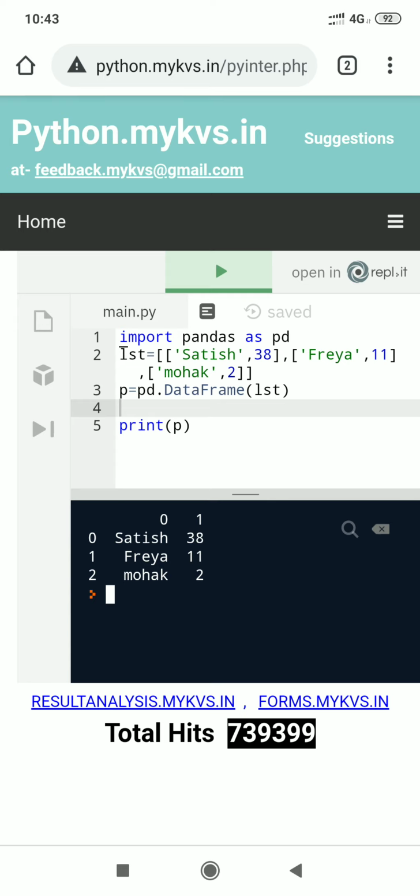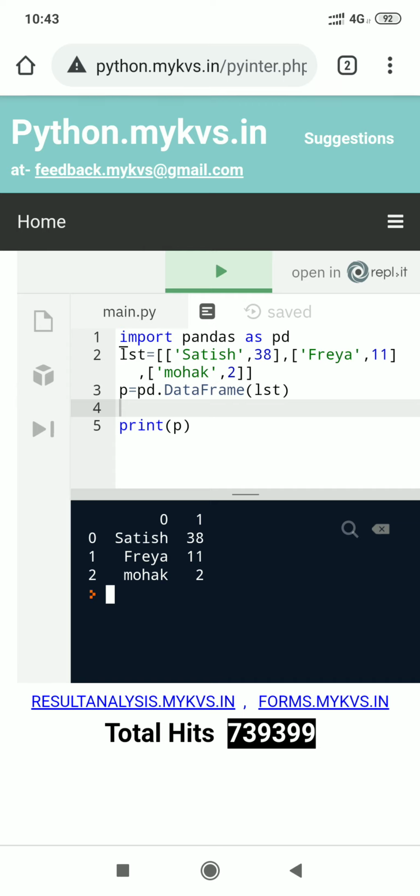So student, you yourself can write a program like this. For a separate row, you will have to create a separate list inside the main list and pass the values separately with the help of comma.